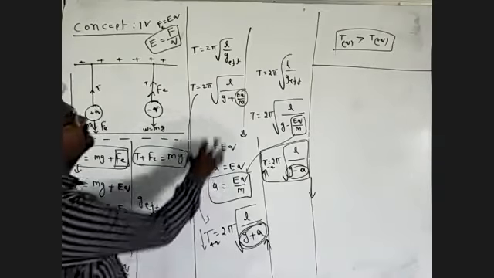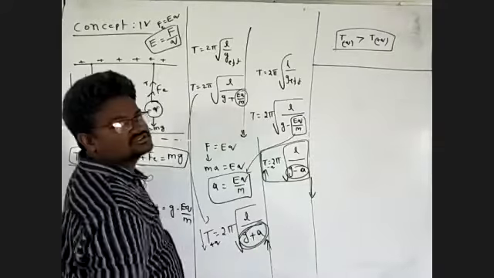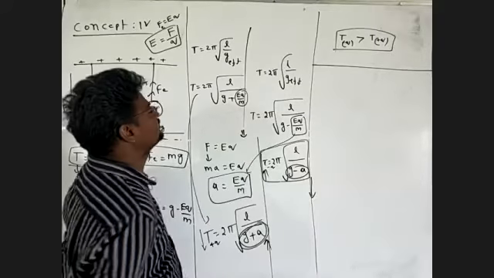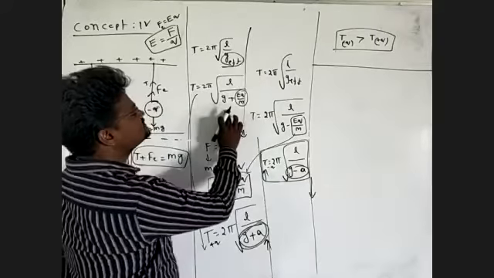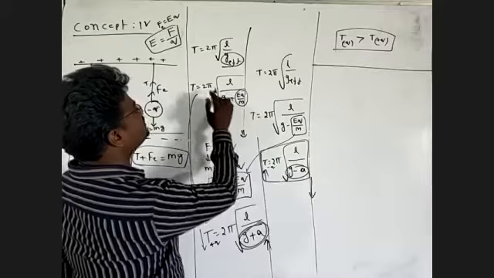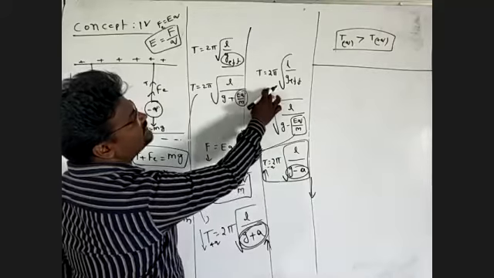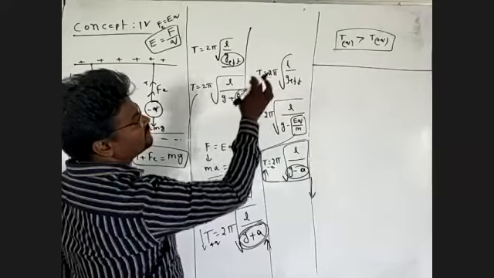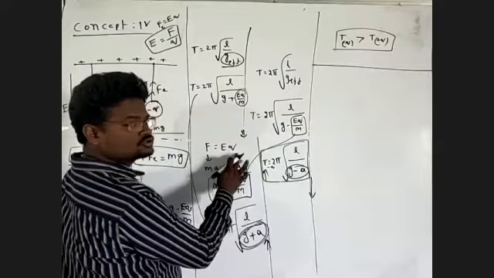Do you know very well? T is equal to 2π root of L by G. This is the simple pendulum equation. Now G effective means G plus EQ by M, for this one, where this is a positive charge and this is a negative charge. T is equal to 2π root of L by G effective. Now F is equal to EQ.